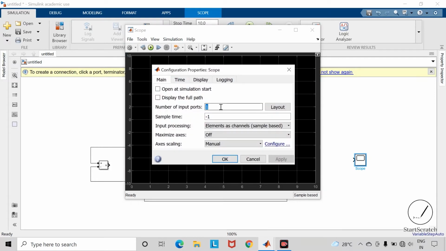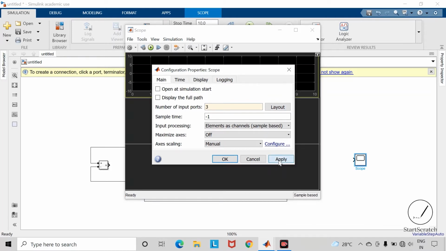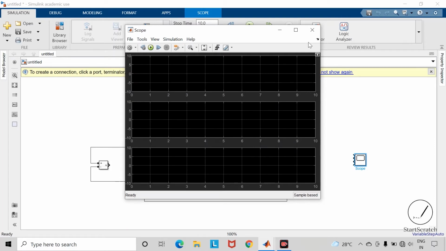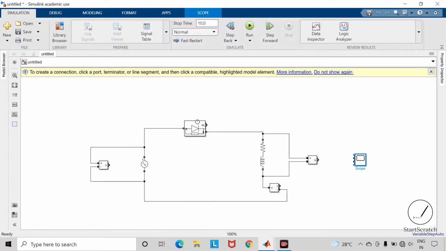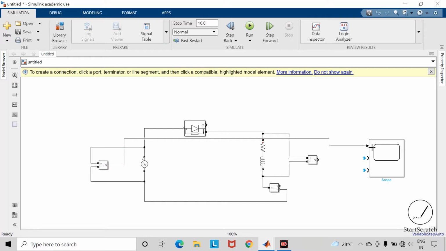Change number of input ports to 3 and layout. Connect all these signals to the scope block. You can give the name to these signals.